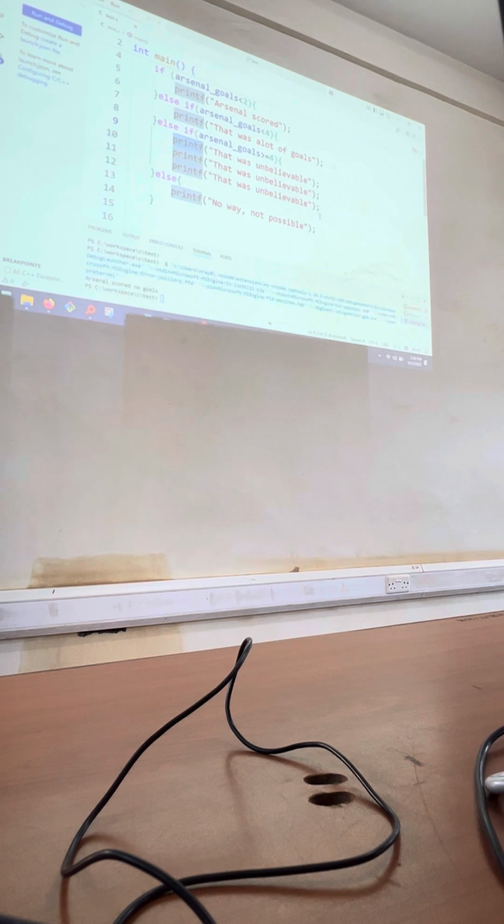So, for example, in our case here, if Arsenal have more than 4 goals, do something here. We can put another if statement like else if it's more than 4 goals, let's check. It's more than 4, right? But is 8 still maybe less than a value like 7?